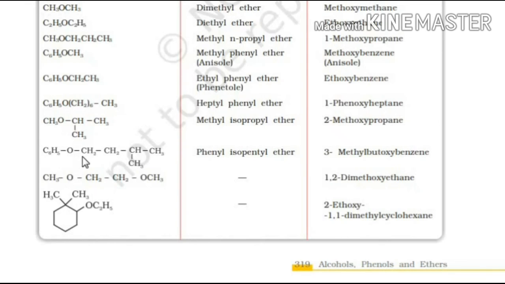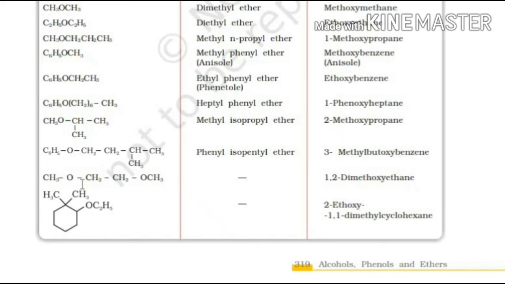Now here, first of all you have to do numbering. Numbering from which end? The functional group is attached from this end, so we will do numbering from this end, 1, 2, 3, 4. So here 3-methyl. Attach oxygen with this group, because this group is smaller than this benzene ring; the benzene ring has 6 carbon atoms, this has 5 carbon atoms, so its name will become 3-methyl. Now there are 4 carbon atoms, so butyl plus oxygen becomes butoxy. So 3-methylbutoxy, and then benzene is there.